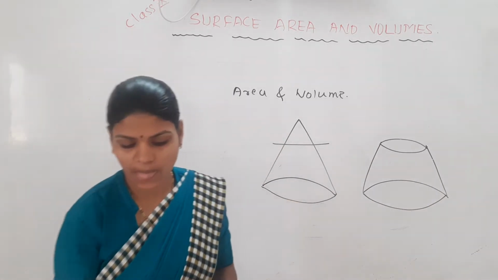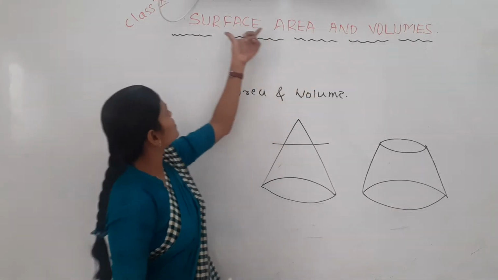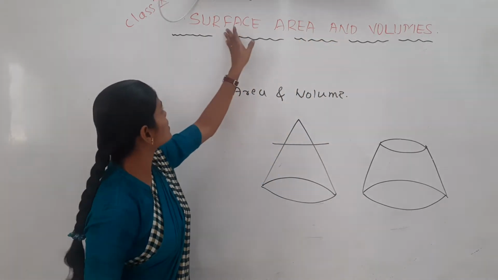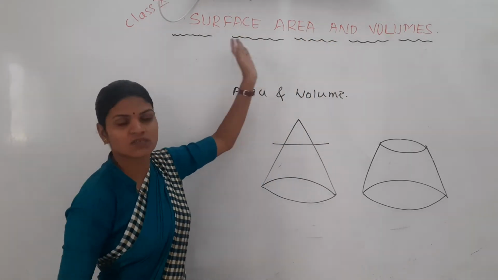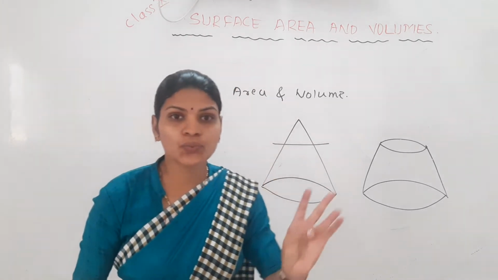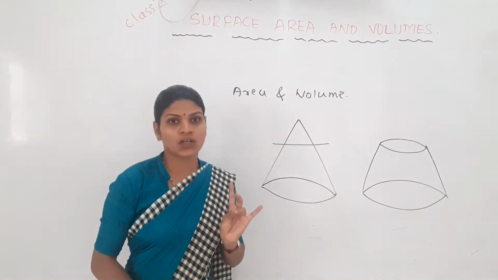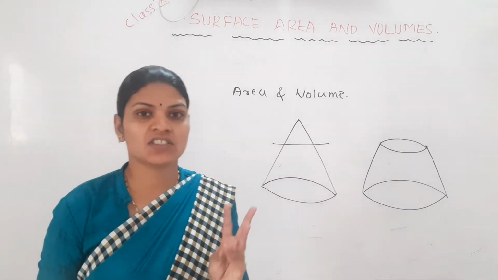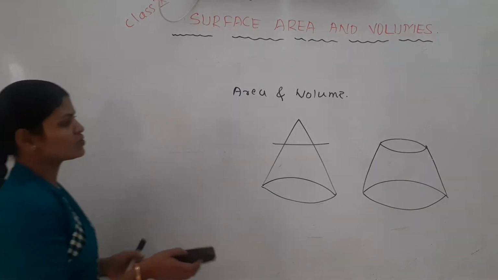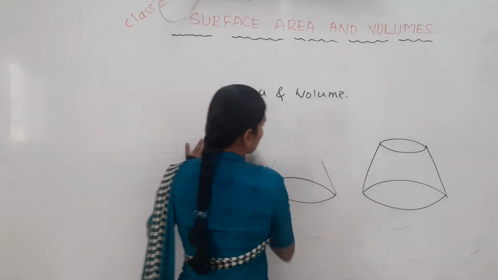Before that, we have to see all the formulas of surface area, meaning curved surface area and also total surface area, of your cube, cuboid, cylinder, cone as well as sphere, which we discussed in your previous class. Once again we have to remember all those formulas, then we will take the problems. So take here now.